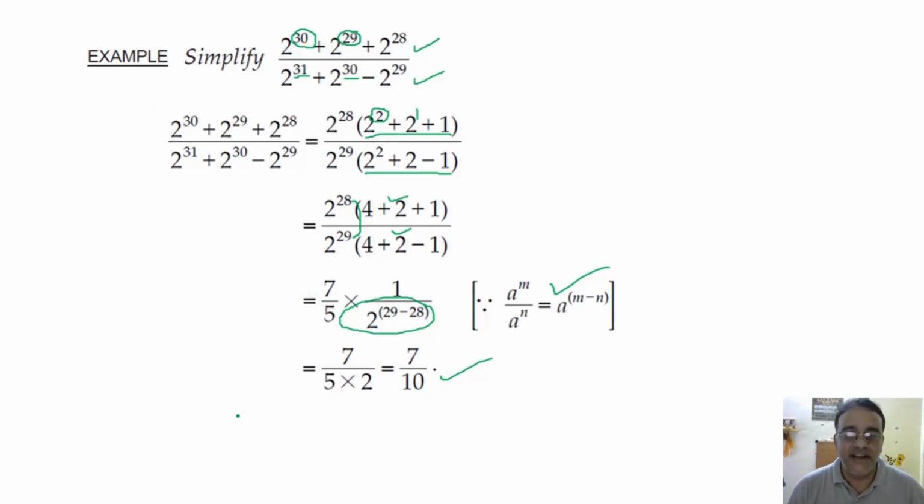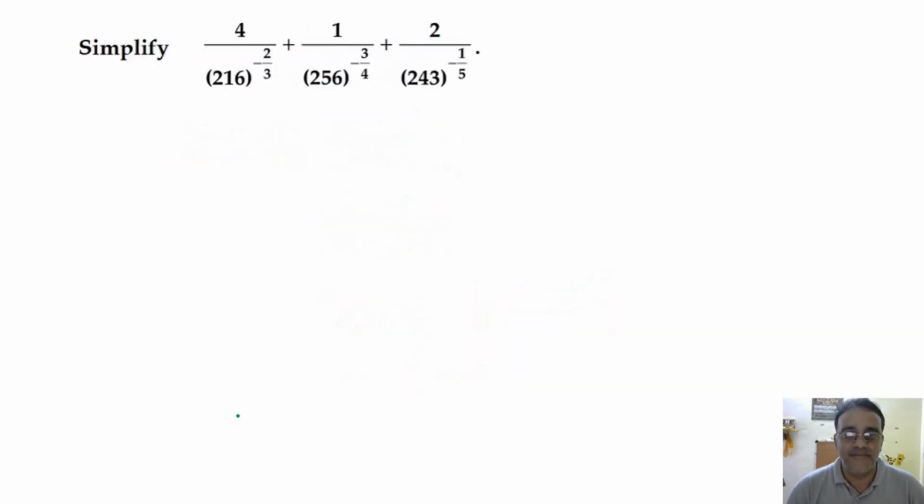So then again we are going to do one more simplification question क्योंकि इसमें 4 ही type के questions हैं. So this is also very good question. This is a question given in NCERT exemplar. Now see, I want to write in terms of power 3. How will you write? 8 to the power 3. 6 to the power 3, right? And 256 I want to write in power 4.